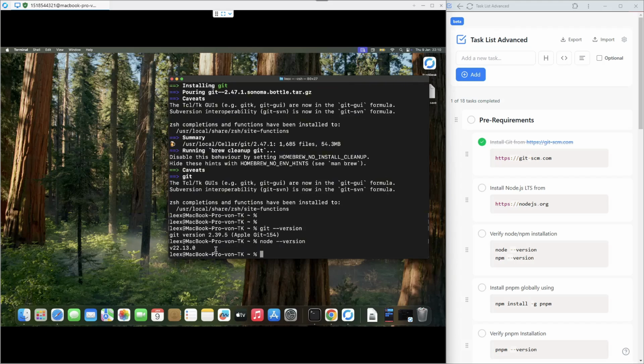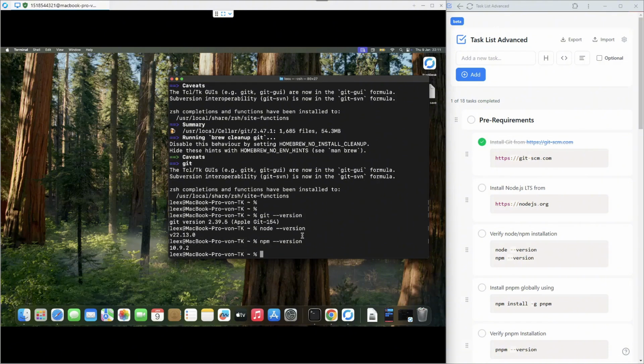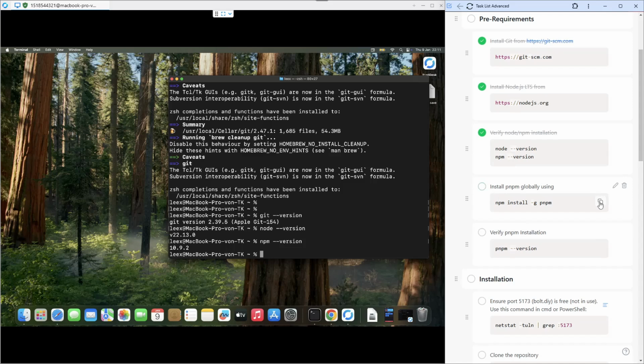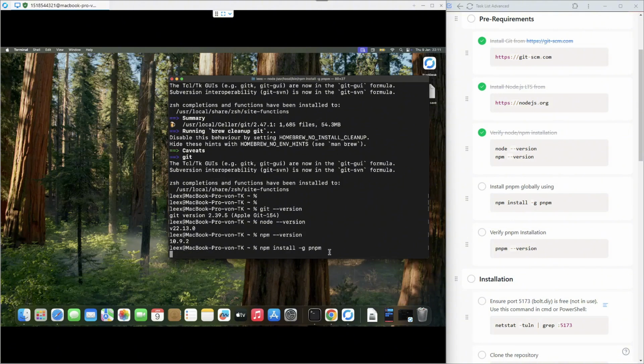Took some time, but here we go. And we can also verify if the package manager from Node, npm, is installed properly. So we can check this one, and we did the checks as well. So we are good to go to install the next application runner we need. So just copy it in the terminal again. So we install pnpm, press enter,